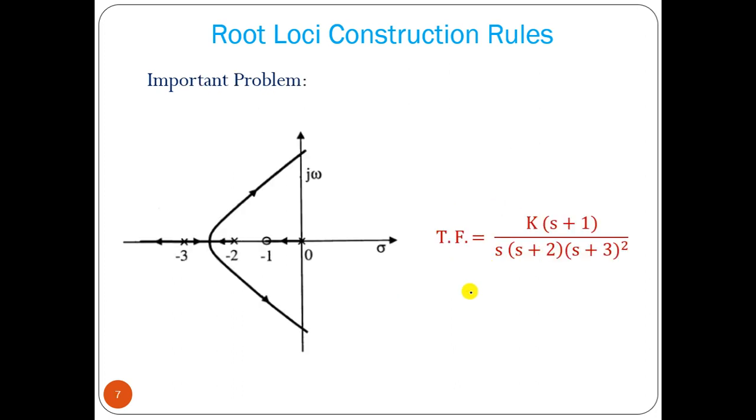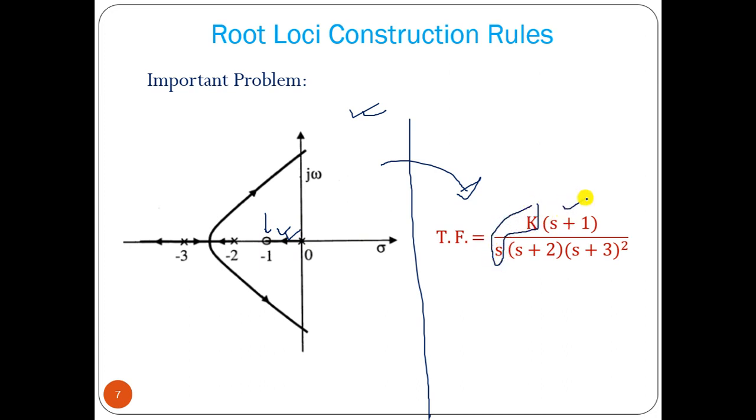Now let us take one example. This is a very good example. Say this plot is given, and we have to find out the transfer function. What we can see is that the root locus path exists here, which means there is a pole on the right-hand side, no poles and zeros, and there is this zero. So we have one pole here, so the root locus path exists. So we can have a K·s term, K by s term, because of this zero at origin, and an s plus 1 term.